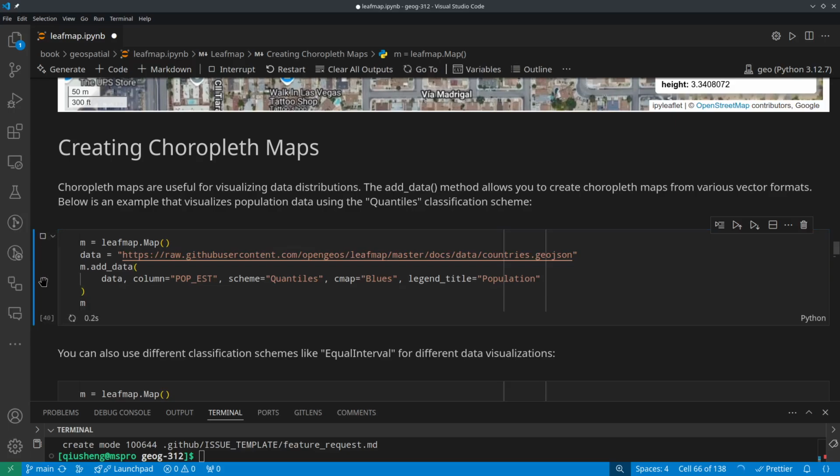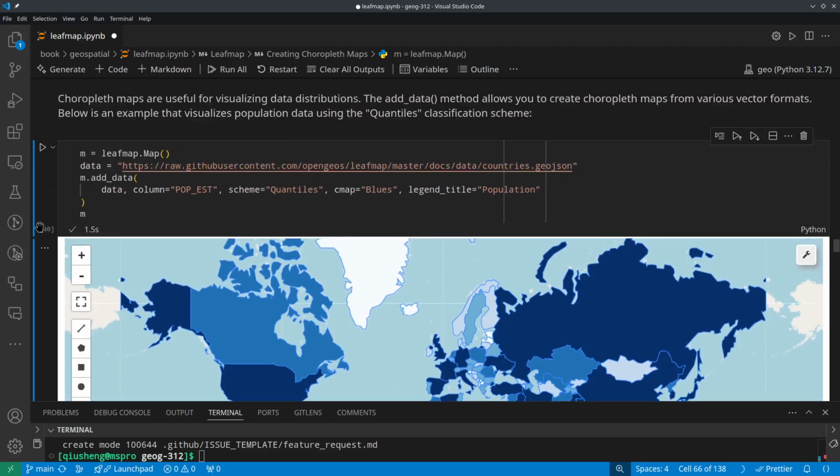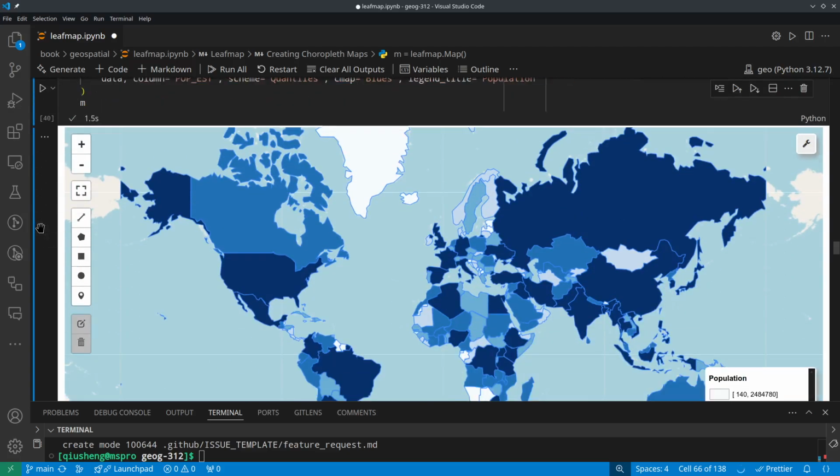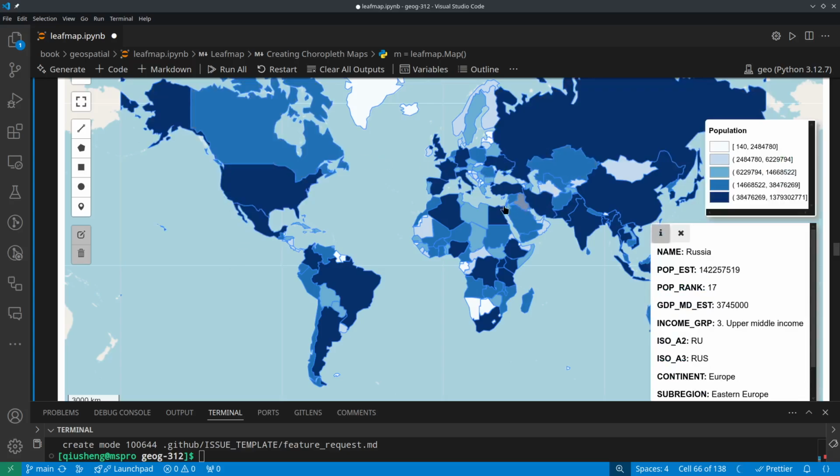So let me show you the output first. So we are pointing to this file, and this is basically the countries with population. So let me show you when I hover my mouse. All right, so you can see, for example, the population. So there's an attribute here, POP_EST, right? And the population rank, and then some of the other information. So for example, this one shows you the